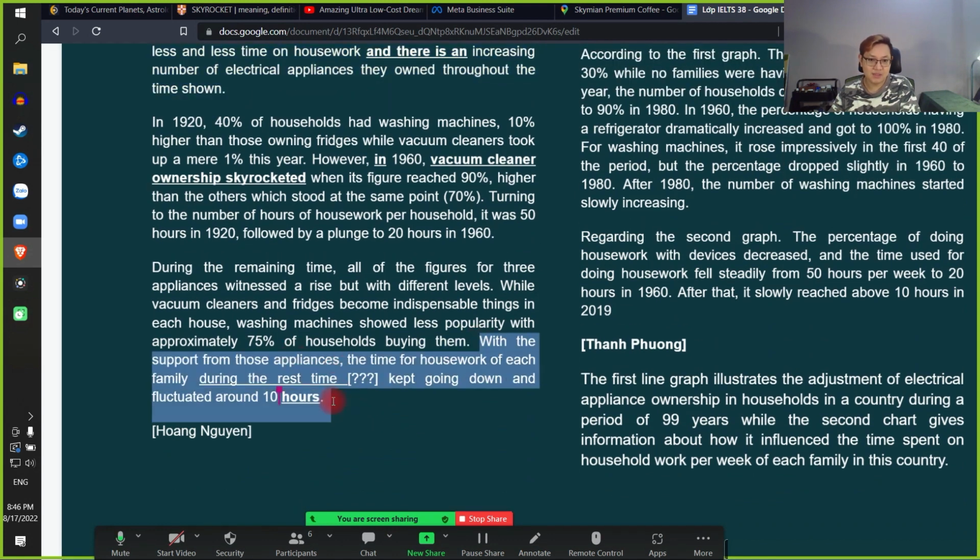So you are not sure, but you basically assume this. Em assume, em coi điều này là đúng nhưng thực sự nó không đúng. Thực sự điều này nó không chắc trong bài, em hiểu không? Rồi. Không được nha. Task 1 thấy cái gì nói cái đó thôi, đừng có assume. In task 1, whatever you saw, you say it, you write it. Do not assume in task 1, okay? It's not safe, không có an toàn đâu, đừng có assume, đừng có coi như là đúng nha. Okay. So that's why it dropped to 6.5, but it should have been band 7. Đáng lẽ ra nó phải là band 7. It should have been band 7.